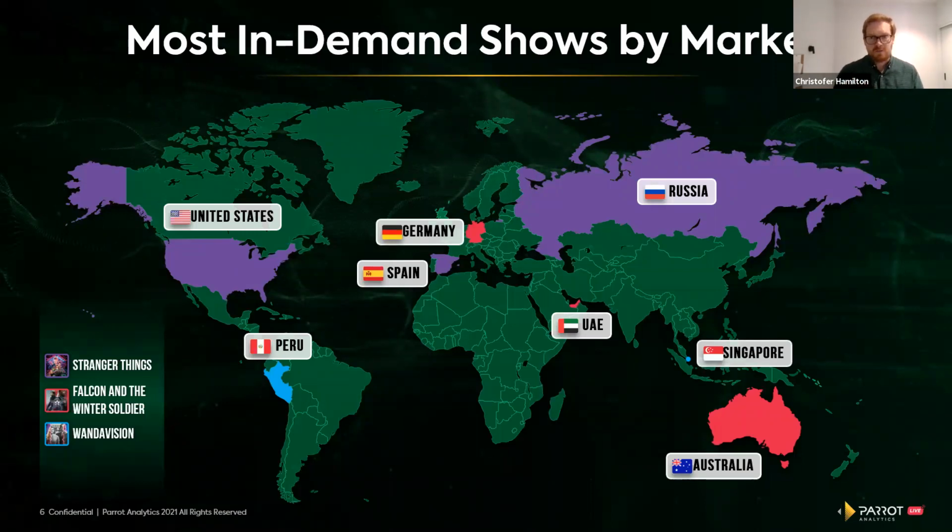Now, I just wanted to pause for a minute and reflect on how this map in Q2 looks different from how it did in Q1. If you recall, in Q1, WandaVision was the most in-demand digital original series in 8 of the 10 markets we were looking at then. So pretty dominant. And here we see between WandaVision and Falcon and the Winter Soldier, they top the rankings in 5 of the 11 markets. So Disney Plus not quite as dominant this quarter as it was in Q1 when it really started kicking things off.